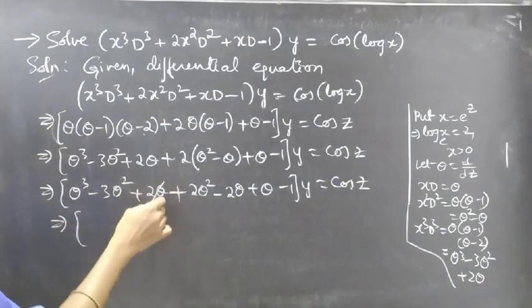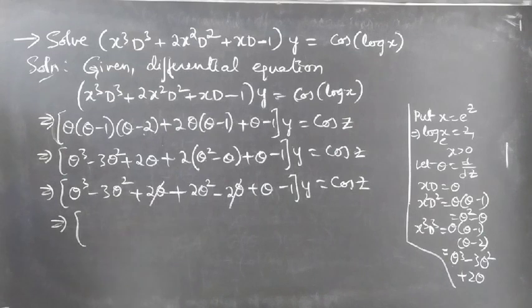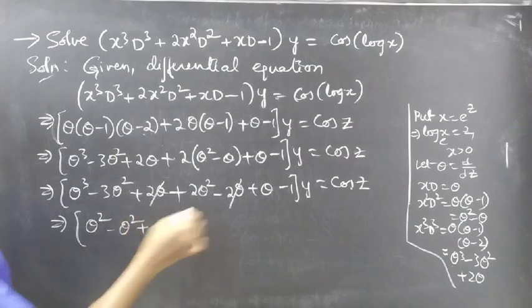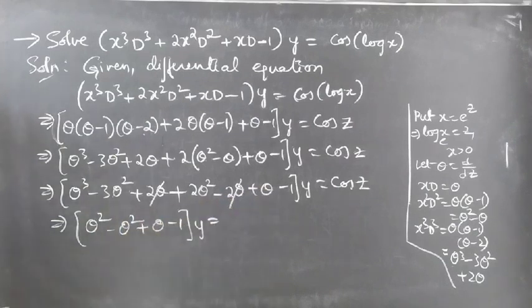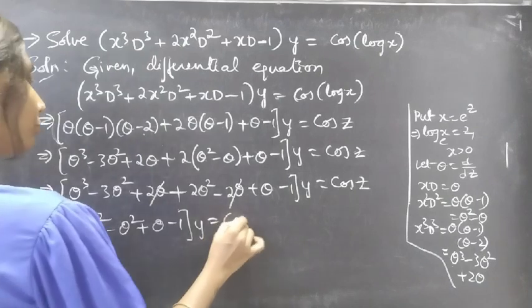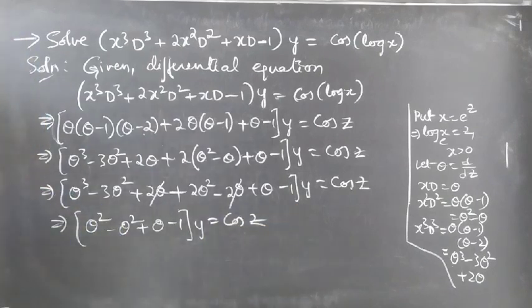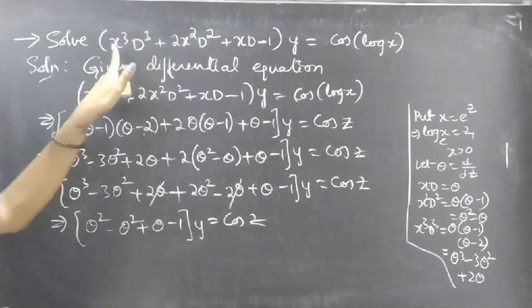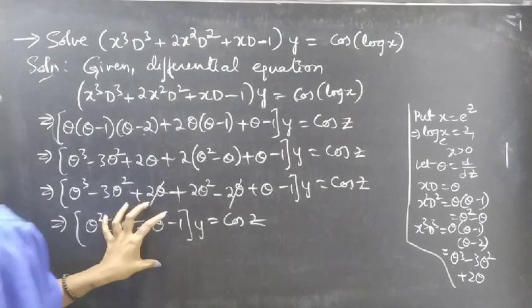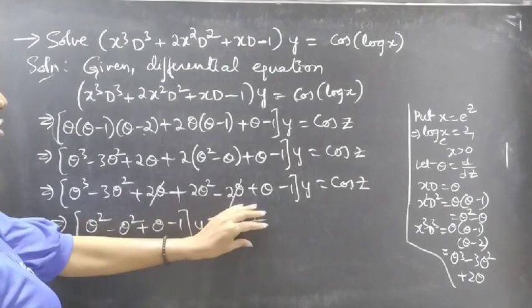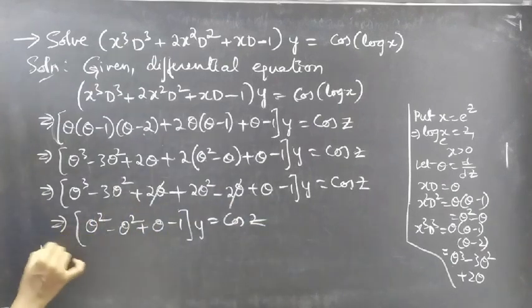Then here plus 2 theta minus 2 theta gets cancelled, and we'll get theta cube minus 3 theta square plus 2 theta square is minus theta square, plus theta minus 1 into y equals cos z. So we have reduced the given differential equation with variable coefficients to a differential equation with constant coefficients, and also this is in operator form f of theta into y equals some function of z,